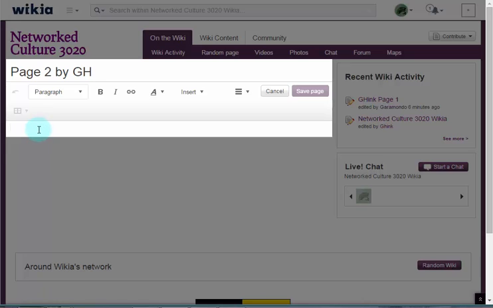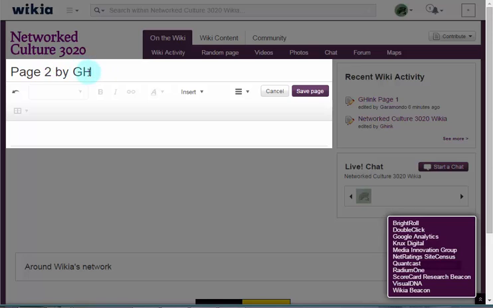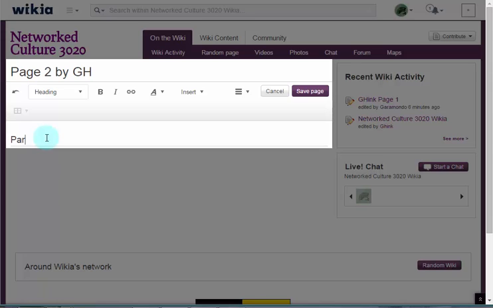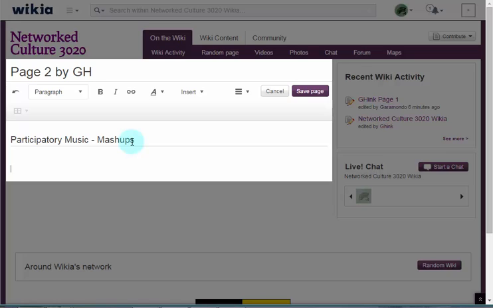Now here is the main text editor that we're looking at. I would suggest clicking around, becoming familiar with this. And what I've suggested is composing your draft entries in a separate document. I will show you that in just a second. So the first thing, let's give it a heading, and we can also change the title as well. Let's say I'm in the participatory music group, and I want to create something about mashups. Because it made that heading with the formatting, you see here, that's where formatting comes into play